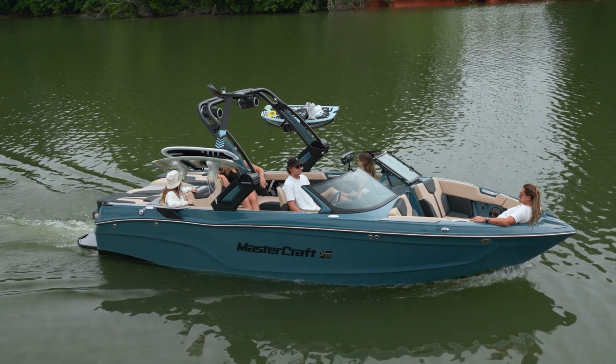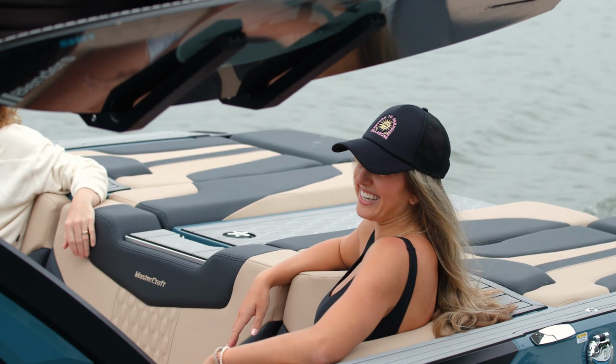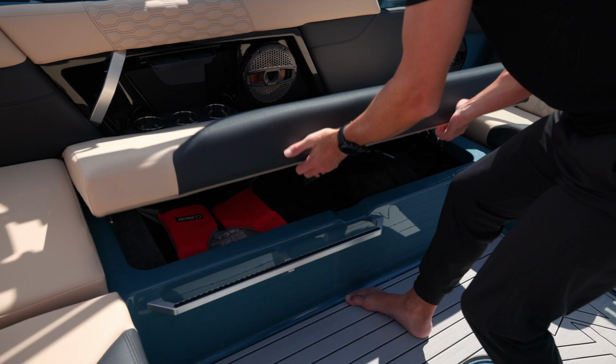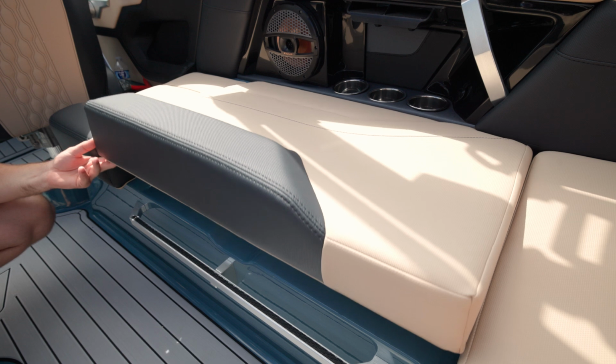The XT23 boasts a spacious cockpit that's as comfortable as it is functional. With seating for up to 16, the U-shaped layout is ideal for socializing, and there's an optional convertible flip seat that allows passengers to enjoy conversations in the boat or watch the action behind it. Beneath all the plush interior seating, the XT23 provides extensive under-seat storage and built-in cooler locations, all with hinge seating